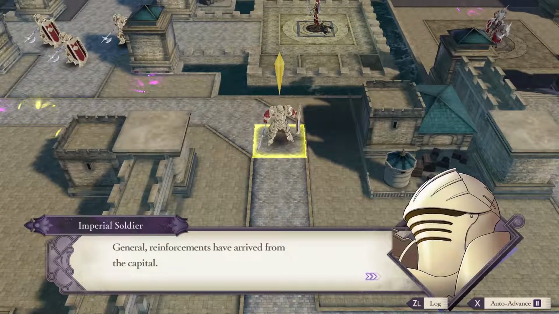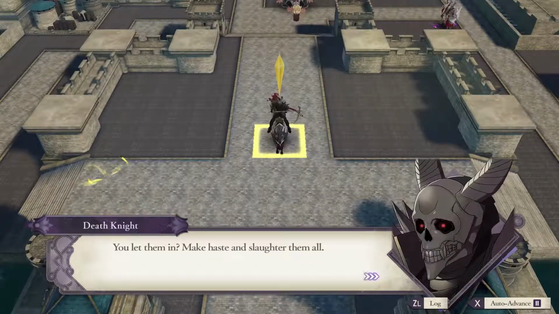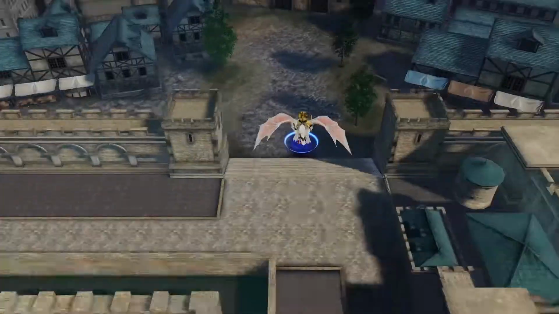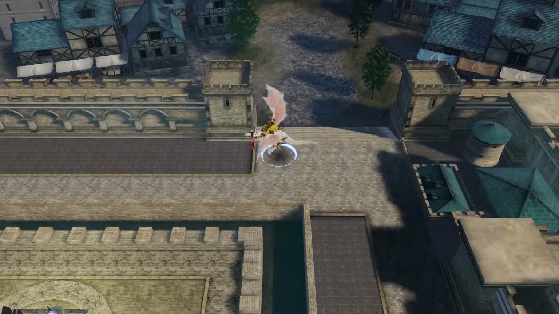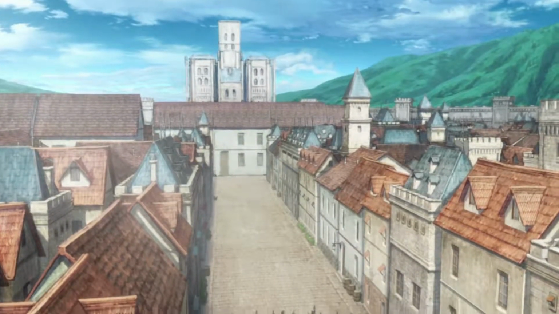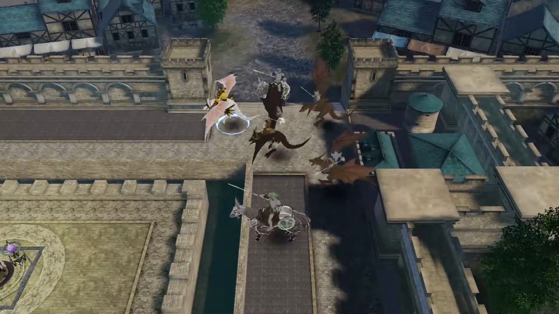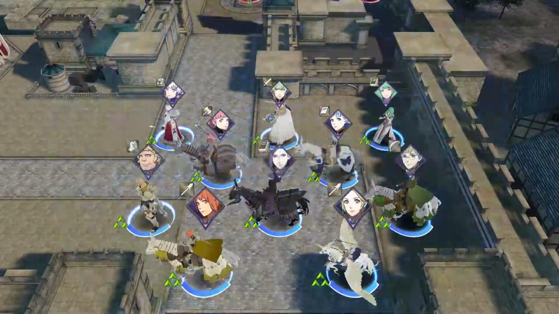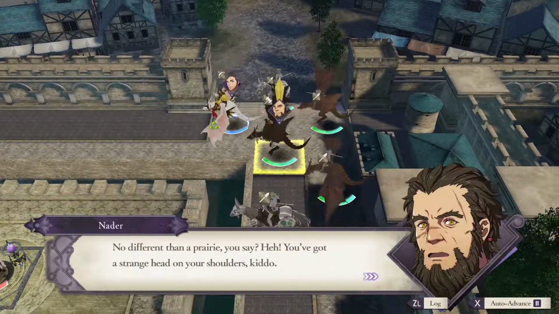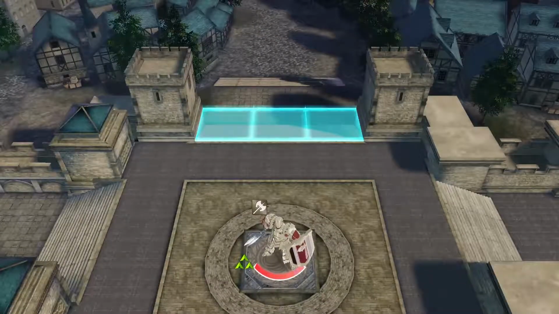General, reinforcements have arrived from the camp. They clashed with Alliance forces in the outskirts. You let them in? They are enemies. We made it in. I have my own task to do from here. An impregnable fortress is a wide-open prairie when...